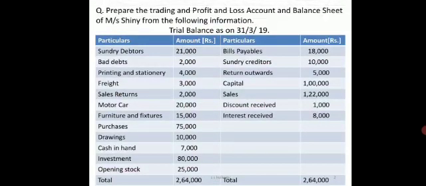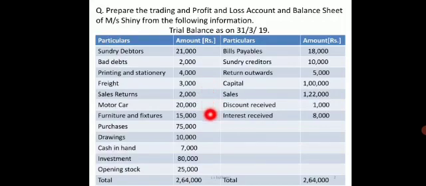We have a problem. Prepare trading profit and loss account and balance sheet of Messrs. Shiny from the following information. They have given a trial balance as on 31/3/2019. We are having the debtors 21,000, bad debts 2,000, printing and stationery 4,000, freight 3,000, sales returns 2,000, motor